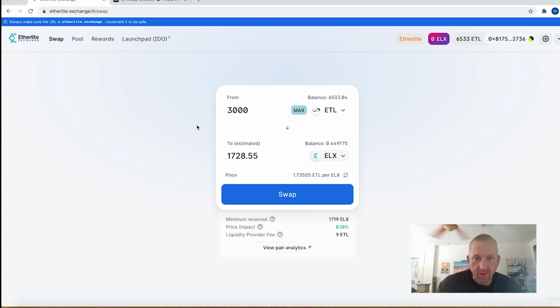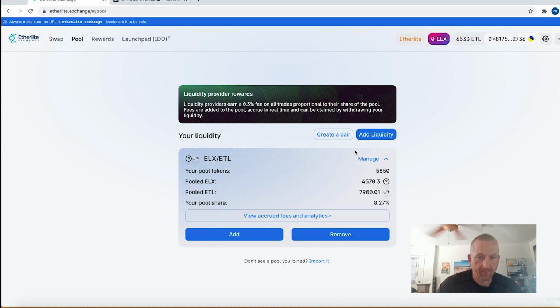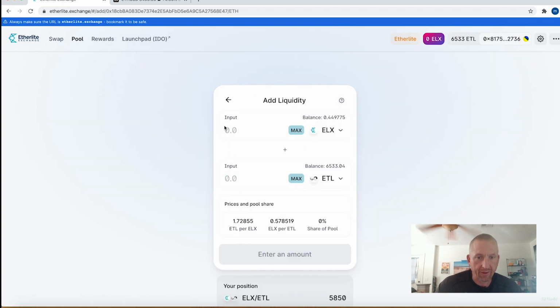So what I did is I joined this pool over here, and I'm still trying to figure this out exactly, but what you have to do is add ELX and ETL. So I've added 4,570 ELX, and I've added 7,900 ETL. And my total ELX-ETL LP provider tokens is 5,850. And if I click add, I can go over here and add more to this balance,